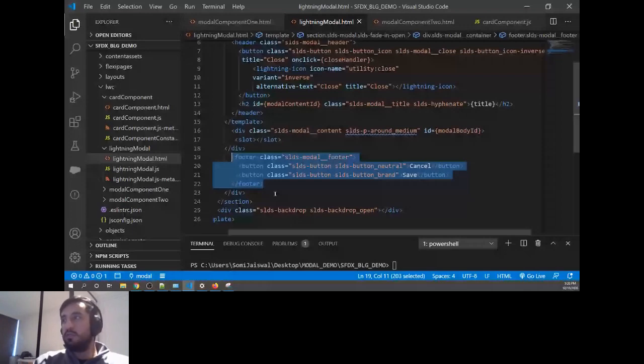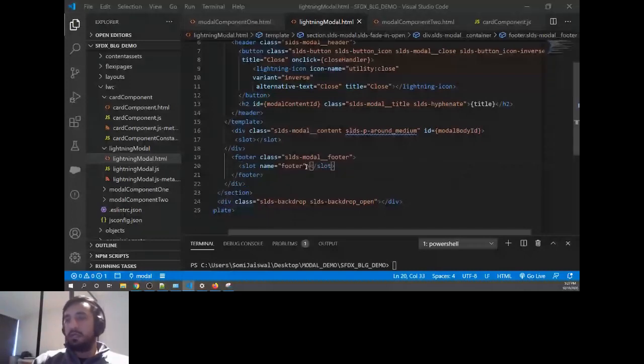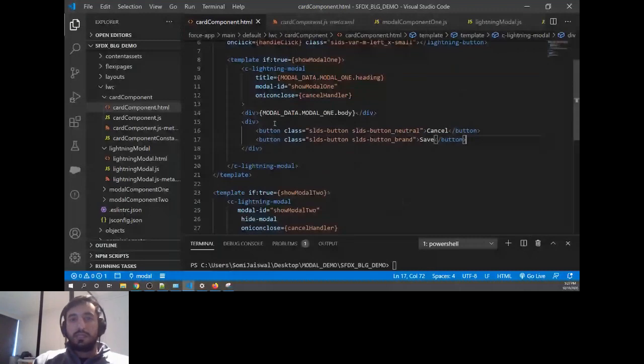So what I'm going to do here is take this button out, and within the footer tag I'll create a slot, and I'm going to create a slot with the name by which my parent gets to know where he wants to place those buttons. So I'll give this slot name as footer, and whenever somebody passes something from the parent with the name footer in the slot, it should come here. I'll go to my parent tag and I'll create a div here, and I'll create the buttons, and within this I'm going to say my slot name is footer.